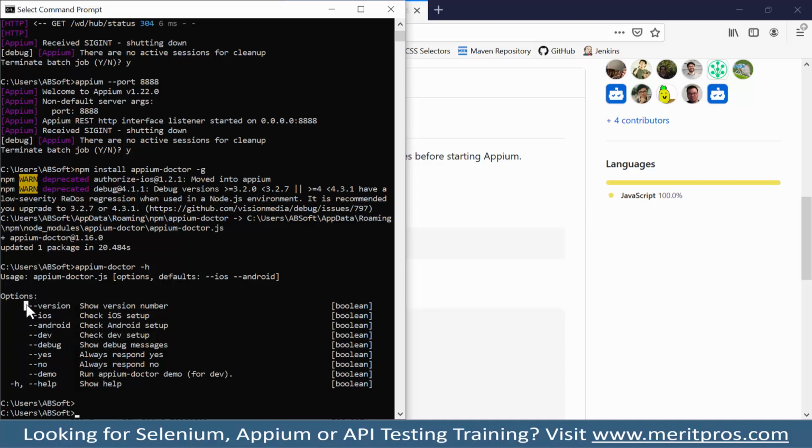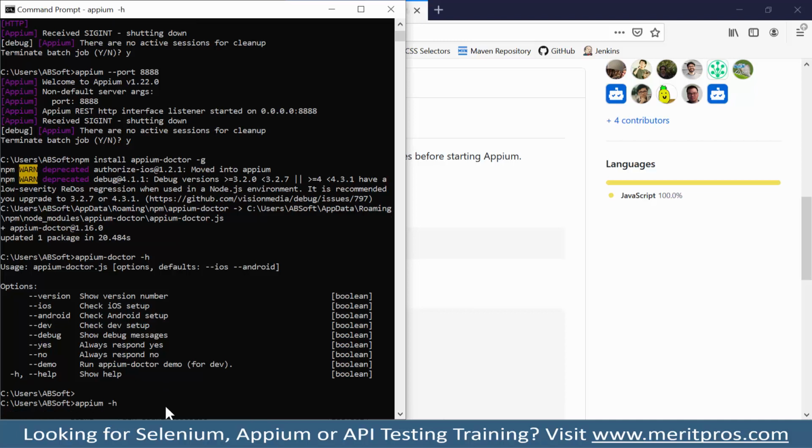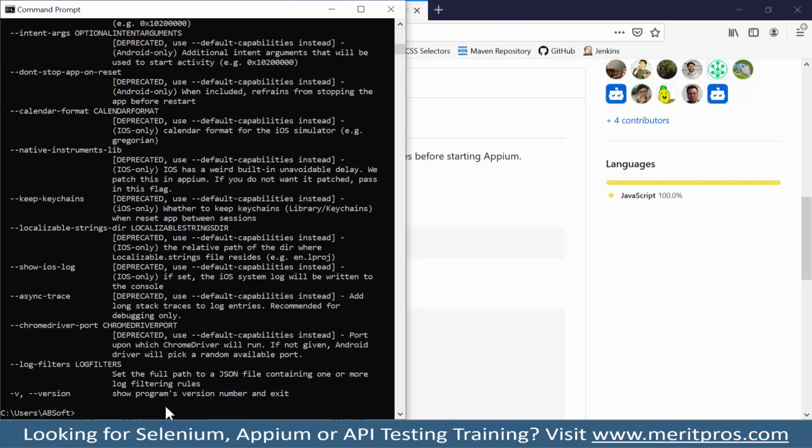We can also use --version to check the version number. In the same way, we can also say appium -h to find out all the different options that we can use with the Appium server. Remember, we have used --port. Like that, we have a lot of commands or options that we can use with the Appium server. You need to pass these flags.